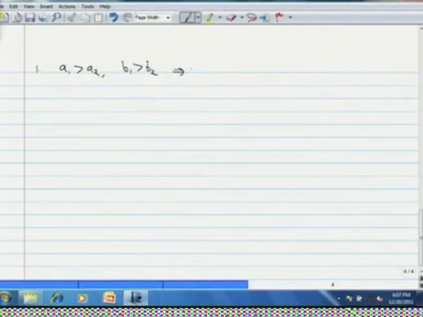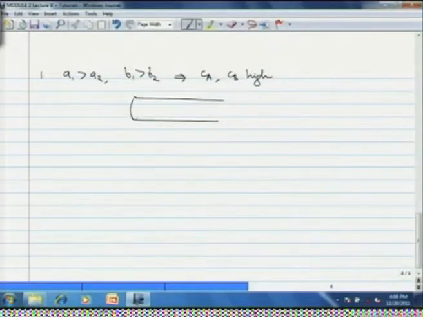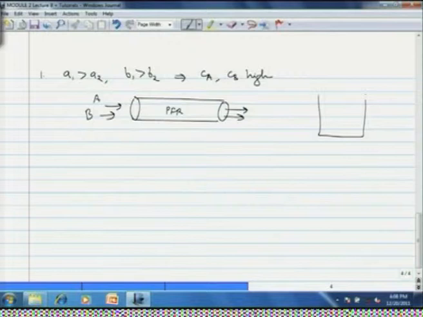Now, in this situation, we have to keep both Ca and Cb high. We can again use the same strategies as listed earlier: you can use a plug flow reactor where both A and B are added at the same time. That will give you maximum of the desired product. Or if you have a CSTR, then you add all of A and all of B together. That means the net concentration is high in case of a CSTR.